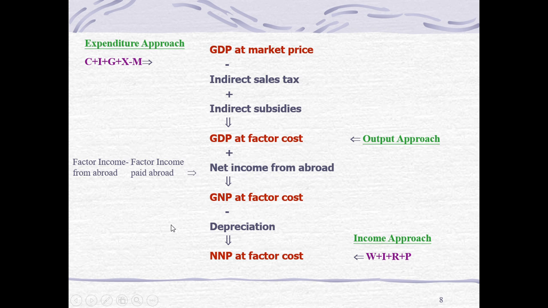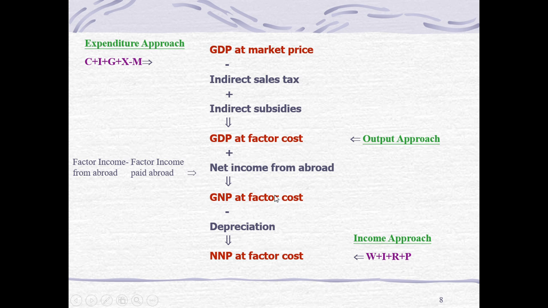And to get the right and exact picture, we need to add income received by Ghanaians who are not in Ghana, because they are citizens of the country. So that is the factor income from abroad. This is positive, meaning we are adding it, and this is negative, factor income paid abroad, meaning we are subtracting income received by foreigners in the country. So after performing that, in summary, that is the net income from abroad. Adding the net income from abroad to the gross domestic product at factor cost gives us the gross national product